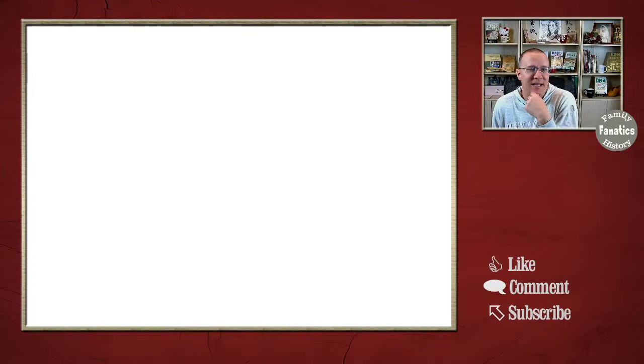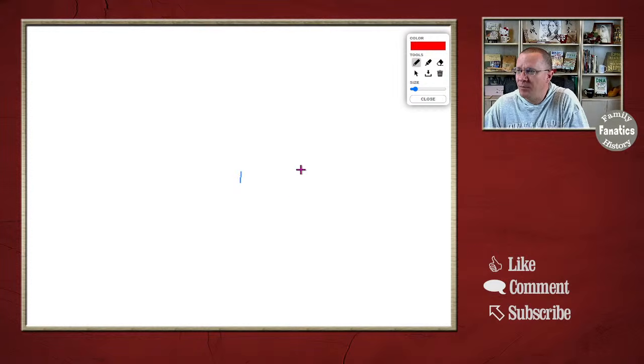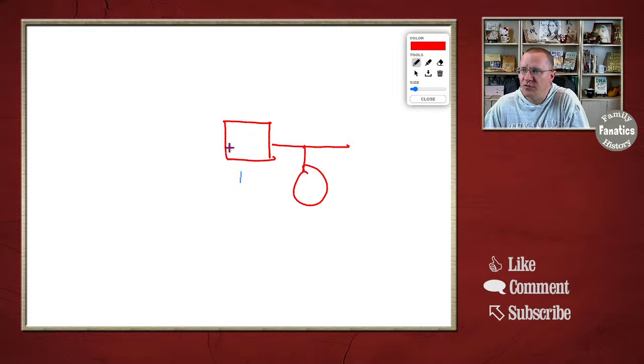Lynn asks, can an adopted female find her biological father using DNA from a downline granddaughter of the potential father? Ooh, this is good because this is one that we should draw out. Okay, so we have... I've got to always remember to put on my marker here. We have, and we're just worried about the father in this case. So squares the father, circles the daughters or the females. So we have a child,